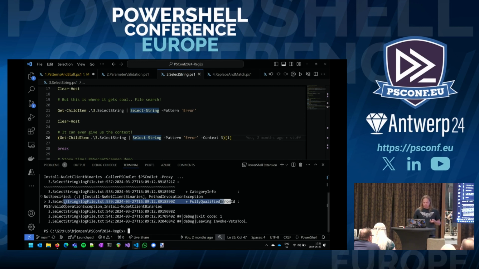We also have, of course, in the beginning, which file it is, which line it is, and so on and so forth. It's really useful if you've ever worked with, for example, Tomcat logs, because Tomcat has a fantastic idea, or it used to have the great idea of throwing out like 2 billion log files. It's like, there's an error, find it in the log file. Okay. Select string, brilliant.